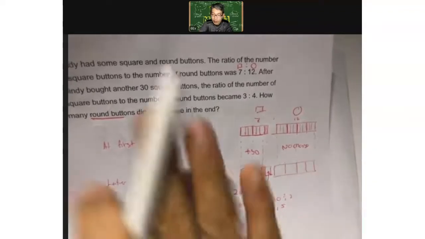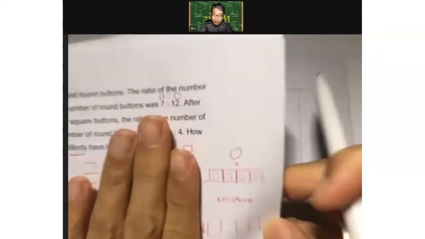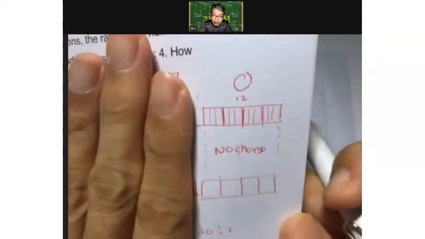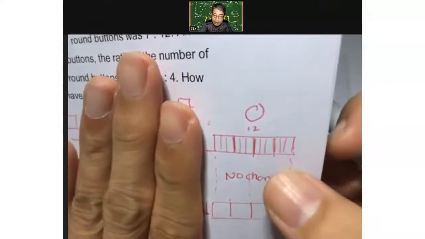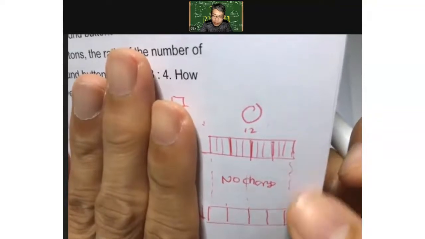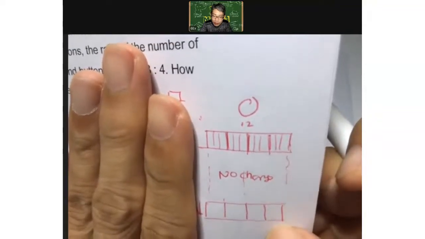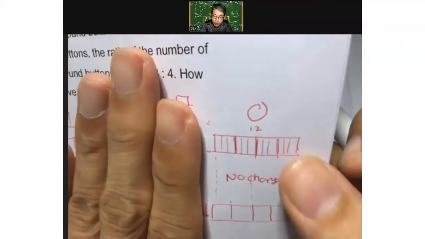So if the important part is this part first, focus on this part. If there were no change in the round units, how do we see the 4 parts at the end and the 12 parts in the beginning to be equivalent? You see how I cut it? I cut every 4 part into 3. 4 times 3 is 12. So that's how I saw that